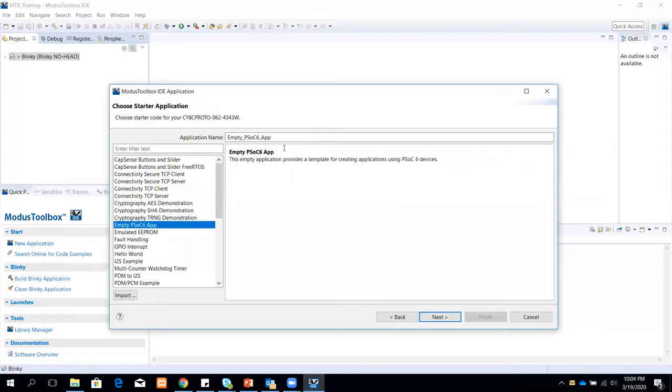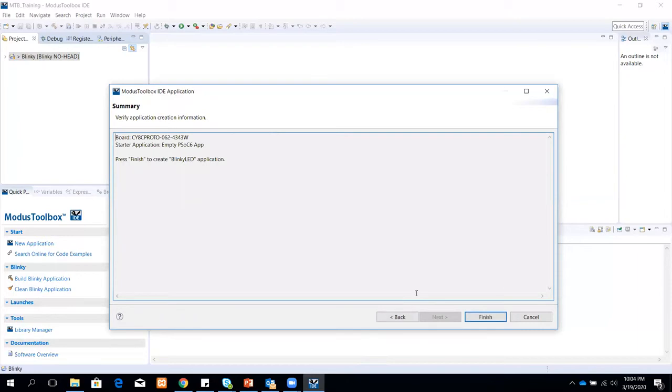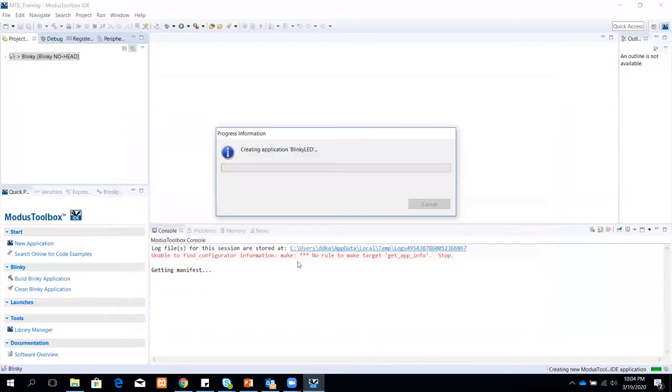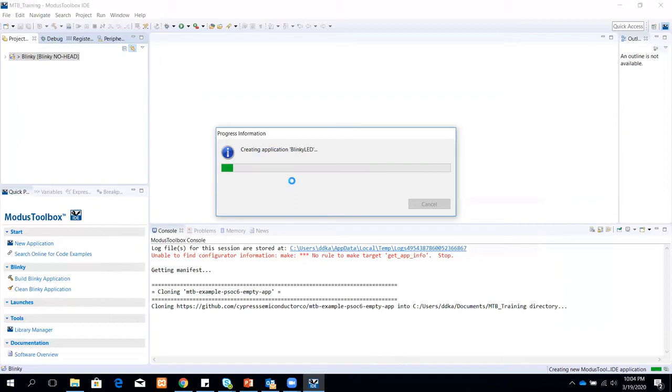So for our sake right now, we'll just create an empty application, and we'll call this the Blinky LED, which will tell you how you can blink a simple LED using just some lines of code. All right. So you'll click next and then click on finish, and this will create your application folder. Now, until this builds, let me show you the second method of creating your project.